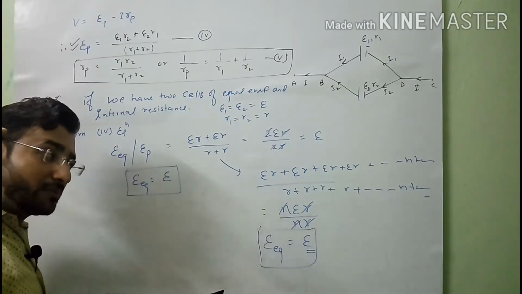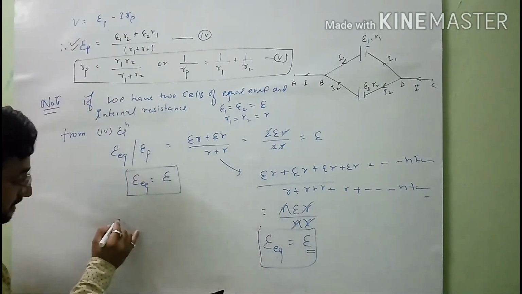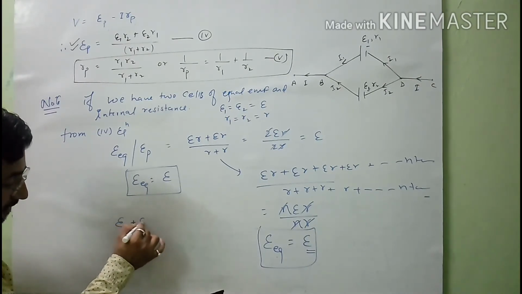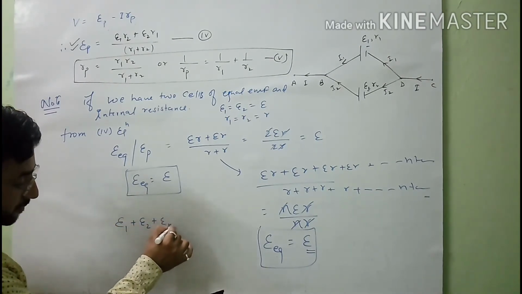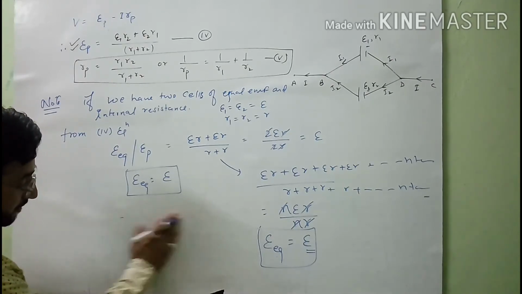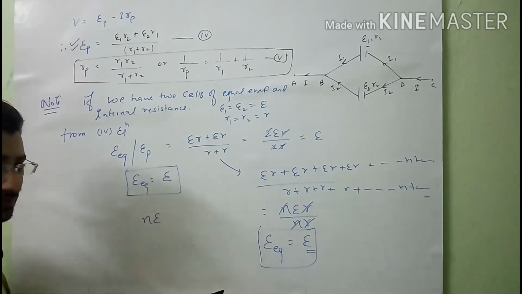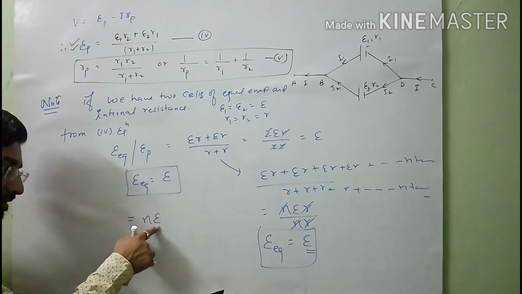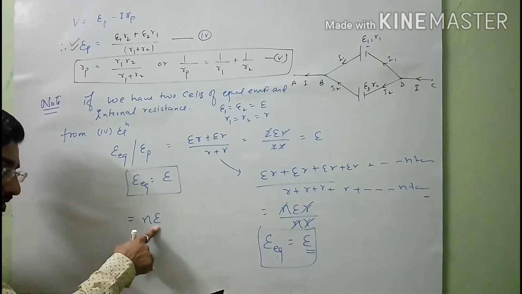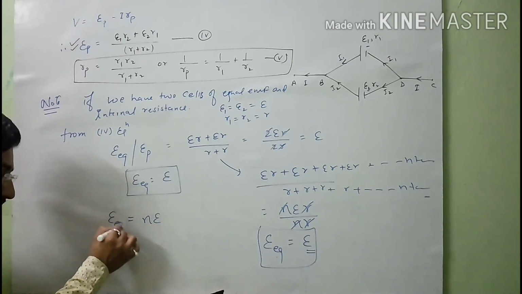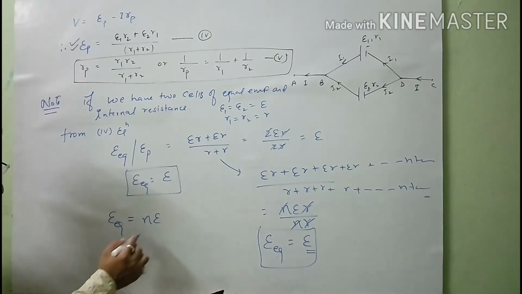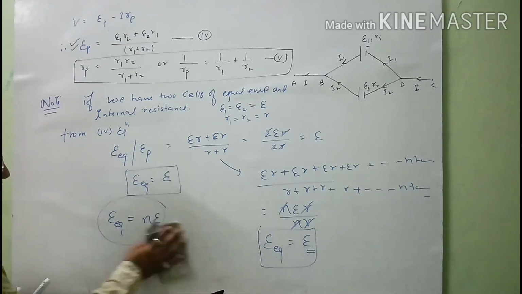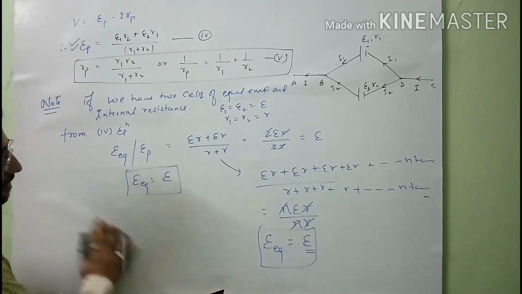But in series combination, when we connect n cells, suppose in series combination, you know the EMF of cell is this way. Suppose En. So if you have n cells of EMF E, the equivalent EMF of cell in series case is Ne, but here it will be E, or you can say epsilon. Point is clear?